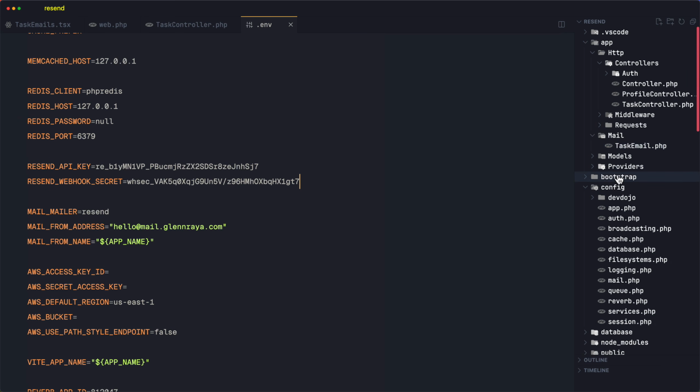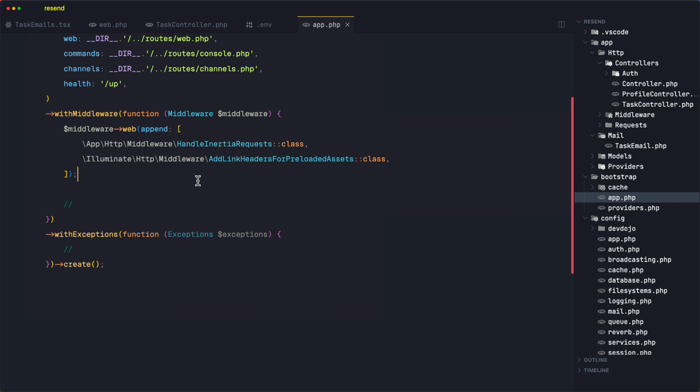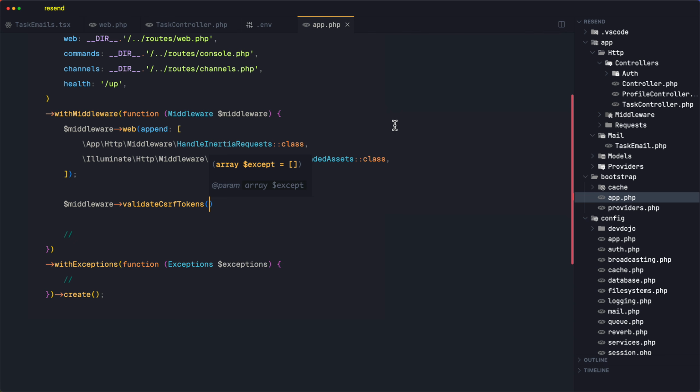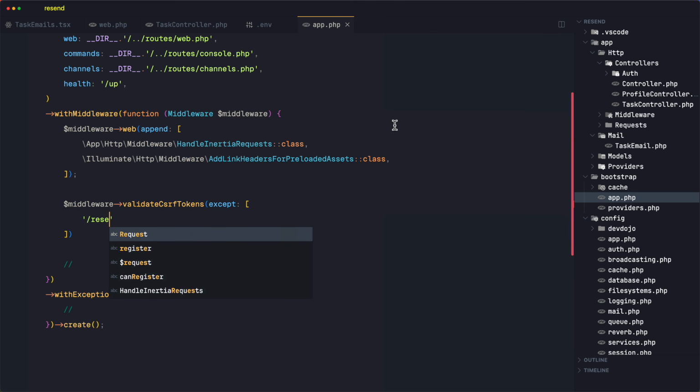To achieve this, we can go to the bootstrap directory of our project, specifically in the app.php file. Here we can specify the exemption for our webhook endpoint from CSRF verification. We just need to use the middleware to validate CSRF tokens. We can add an exemption here as an array. And let's specify the endpoint of our webhook, which is just